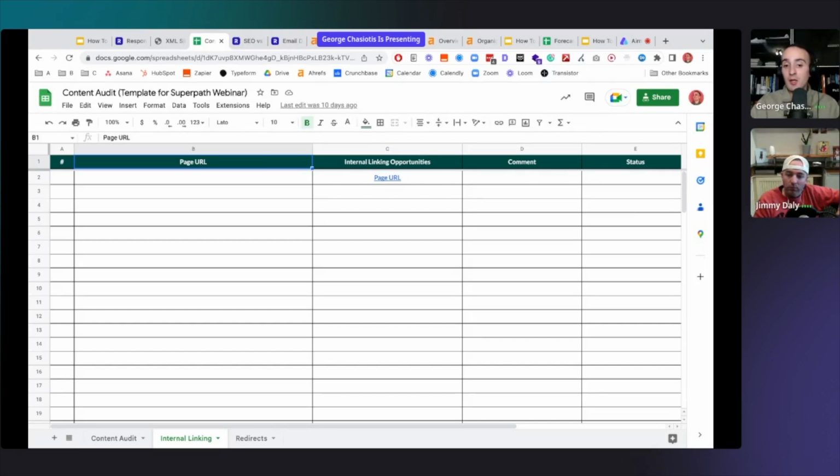Obviously, this is optional, and I think this is something we mentioned in one of our previous webinars. For internal linking to have an actual impact, there has to be a really high number of internal links pointing back to a specific page that is important to you. Nevertheless, this is one piece of information that if you are conducting a content audit, you have to pass on to the recipient of the content audit,